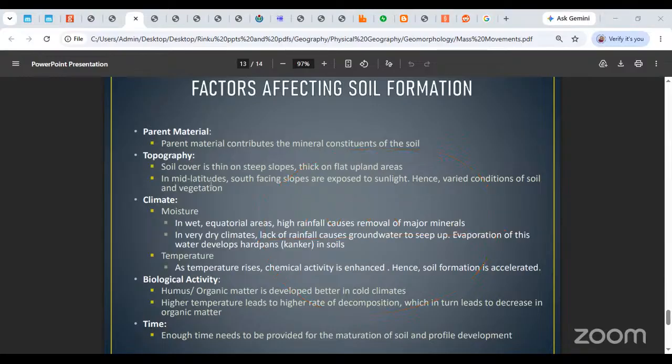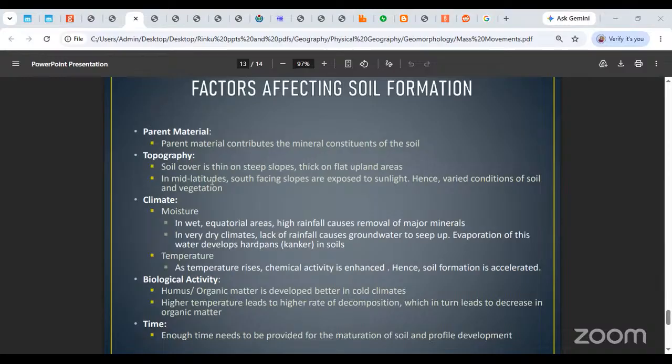Climates can be humid. Climates can be hot and humid, cold and dry. They can be hot and dry. They can be monsoon. They can be equatorial climates, where it rains a lot and it is very sunny also. So we are saying that in the climate, two things are going to matter most. One is moisture, like how much amount of water is available, and secondly, what kind of temperature is available.